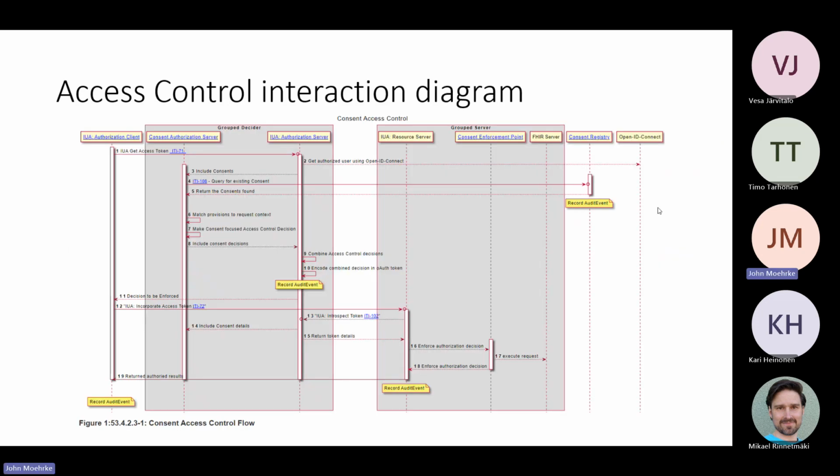This is not intended to be something I'm going to go through in detail, just to kind of show you that we do have this level of detail in the profile, and it is going through all of the various interactions.